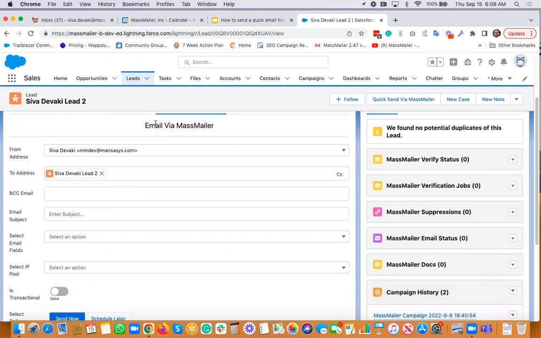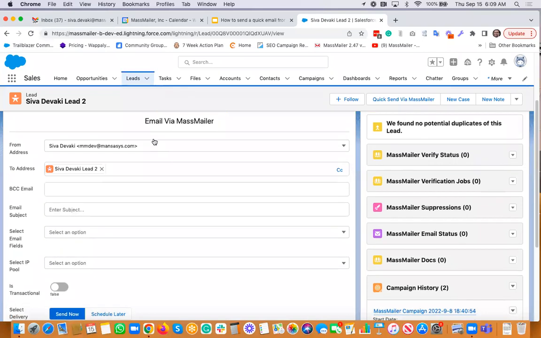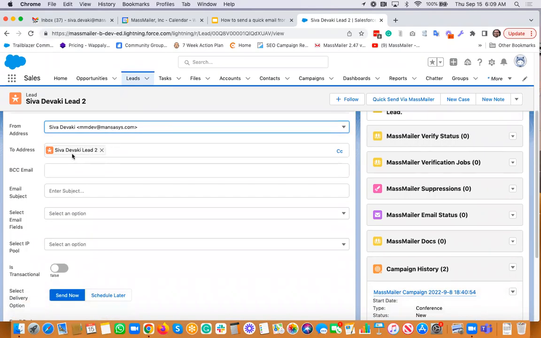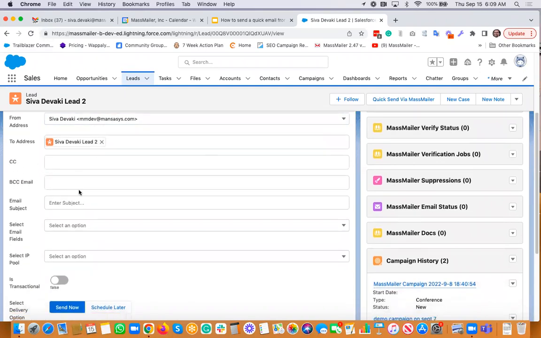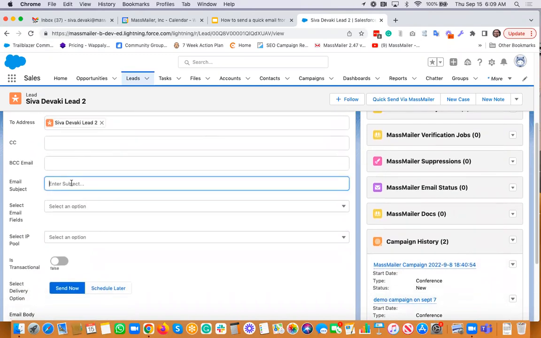Any feedback on this also appreciated. If you want a different name, we can do that. It's all up to you. Please give us the feedback. So it's sending from this address. That's a user address. And then you have an option to add CC as well. And you can add BCC. And then this is the to address. You can add multiple if needed. And then you can